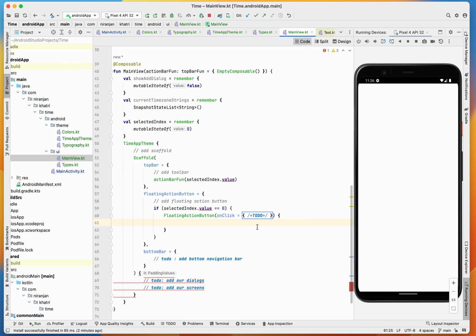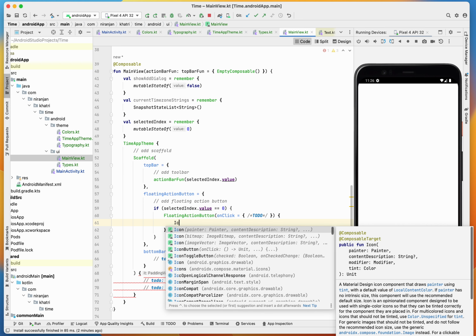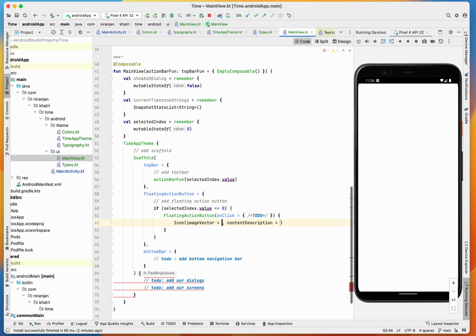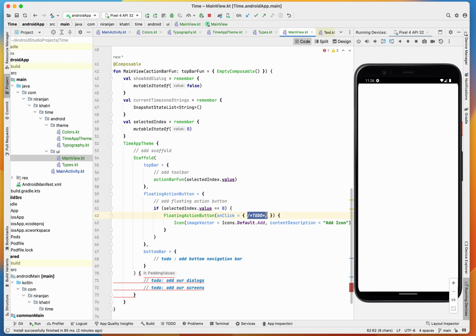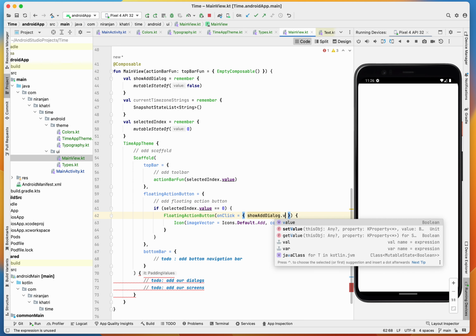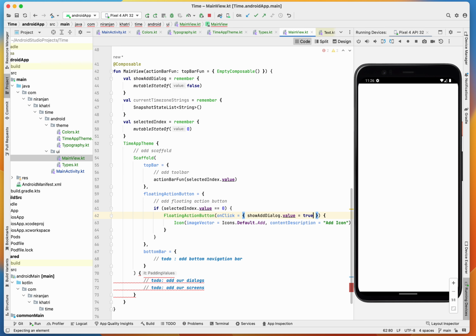We need to pass an icon, which will be your image vector, Icons.Default.Add, and your content description will be add icon. On click we set show add dialog value equals true, so on clicking the floating action button we show our dialog to add